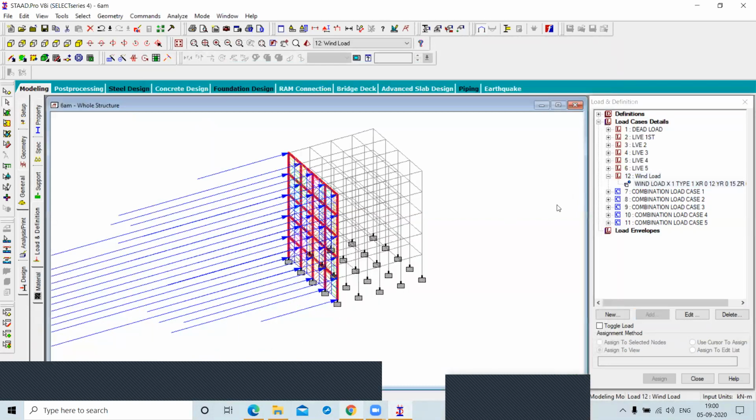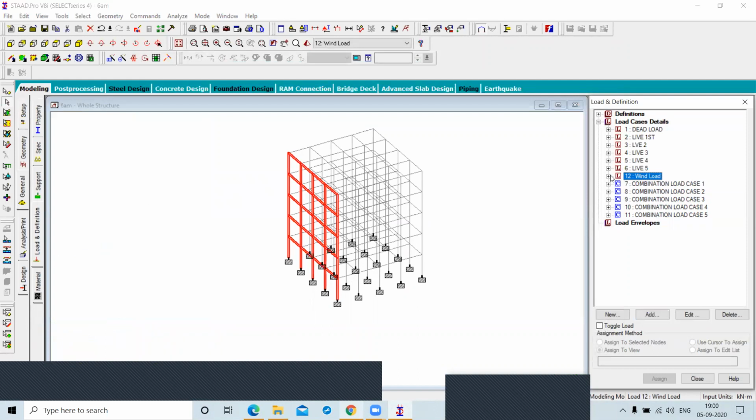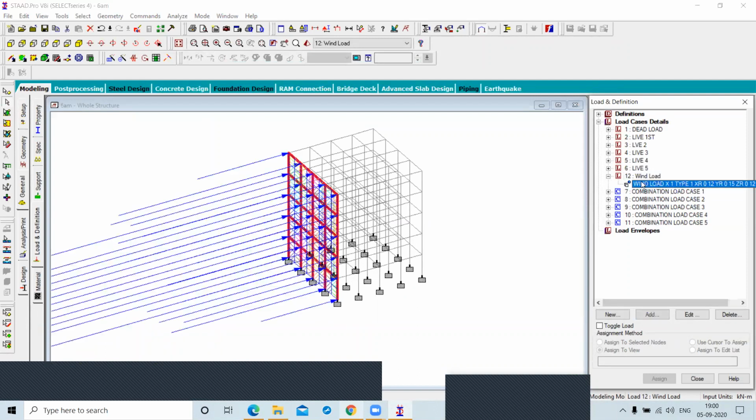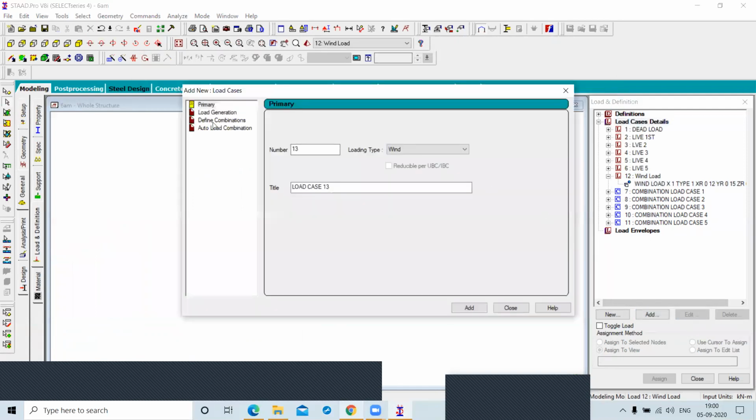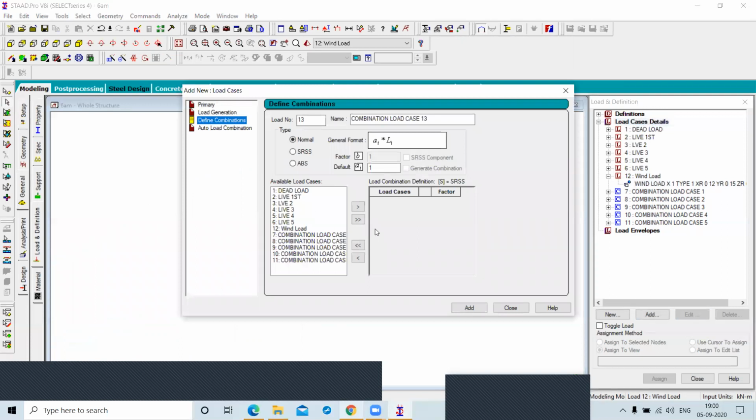So now you have to create a combination load with all the loads. Go to load case detail, click on the add button and choose load combination. Give the combination safety factor as 1.5 and name it as including wind load.